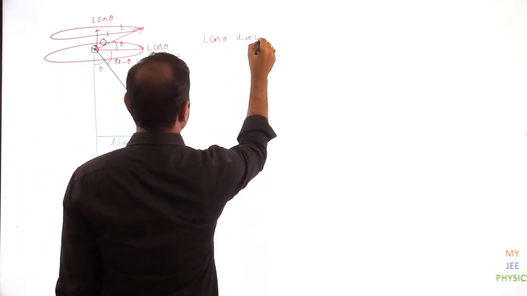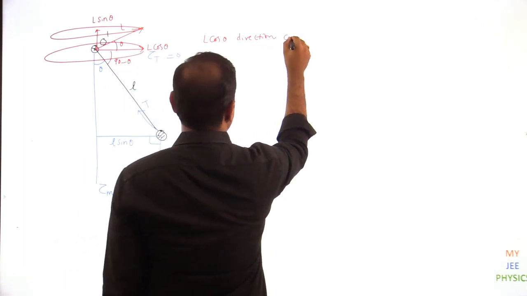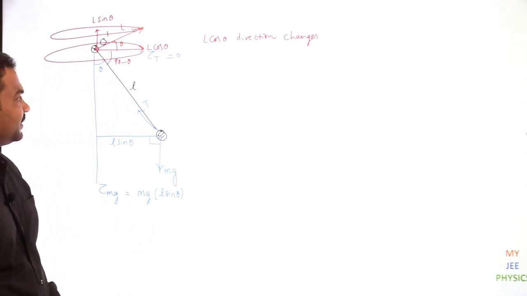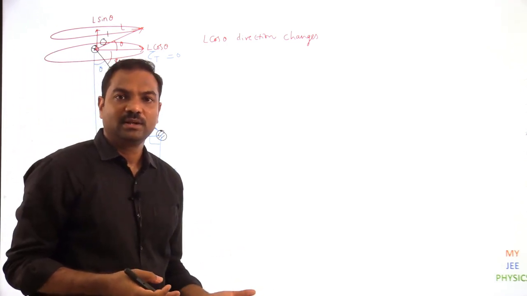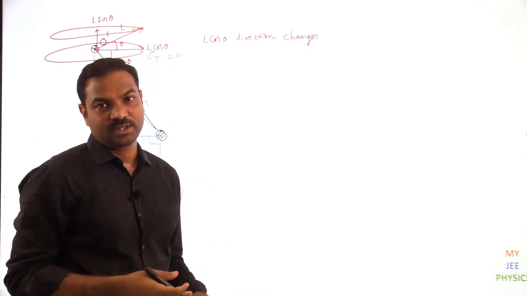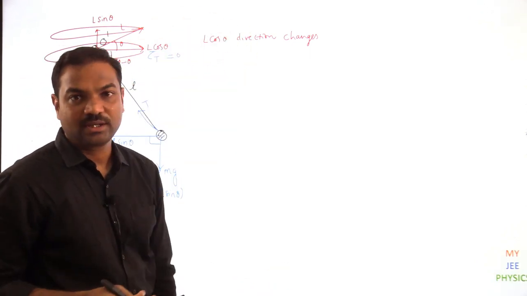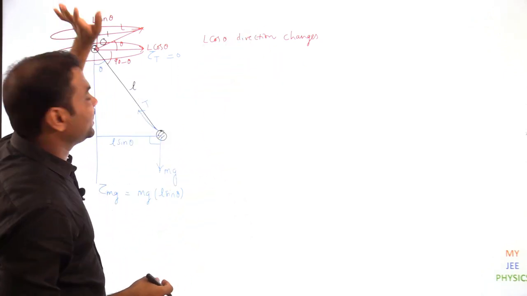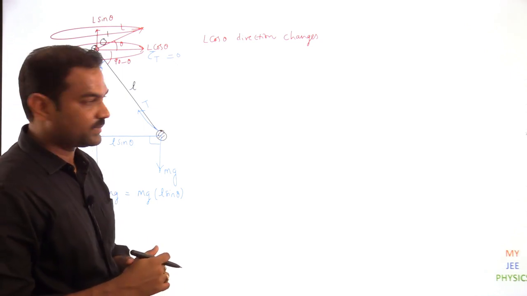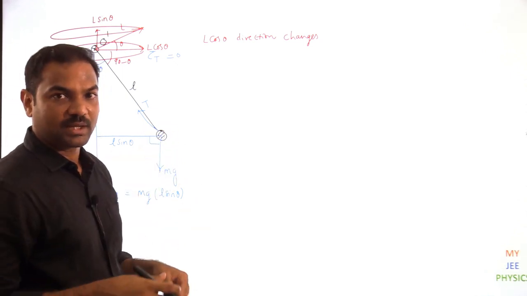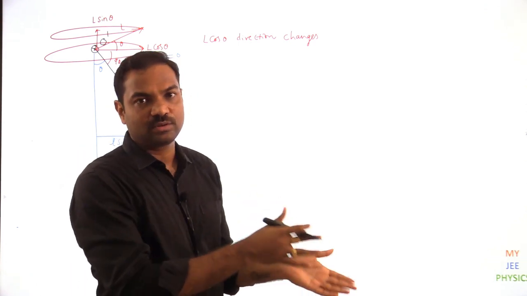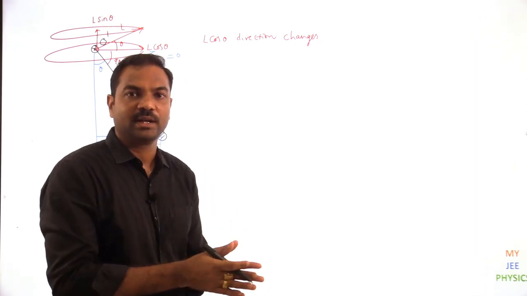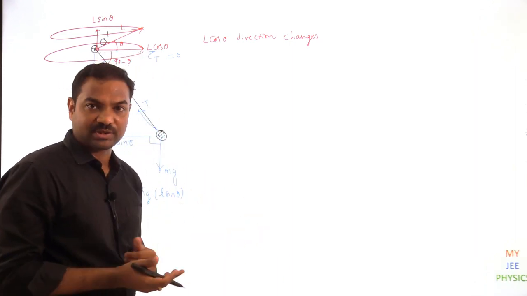This is one important logic to understand in this concept. L cos theta direction changes. On this you may get some advanced questions. They may tell you that L bar is variable, or a component of L bar is changing. So which component is changing? L cos theta is changing. L cos theta direction changes, magnitude remains the same, and the L sin theta component remains the same. That does not change. This is the part you need to concentrate on. If you have any confusion, please go back, rewind the video and watch it again so that you get better clarity. It will definitely help to solve some questions.